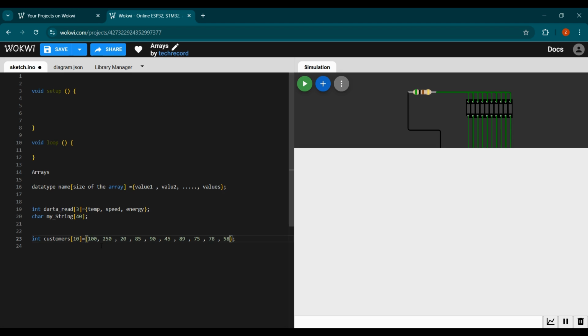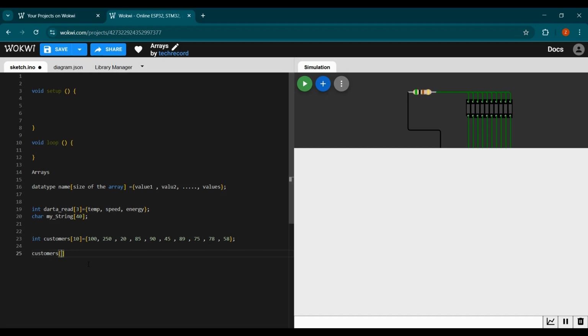Now what I have done is that I have declared 10 customers, 1 2 3 4 5 6 7 8 9 and 10, and given that the data type is int. So the first location, this 100, is actually at location 0. So the index of this 100 is 0. If I write customer